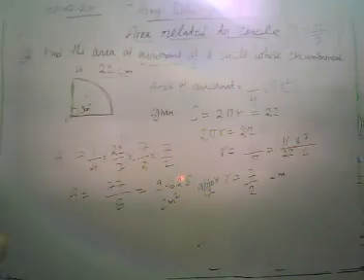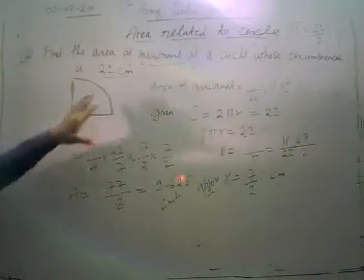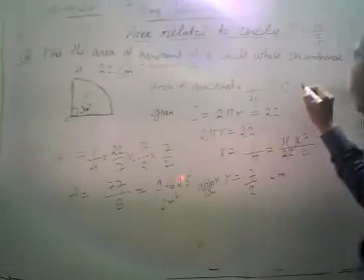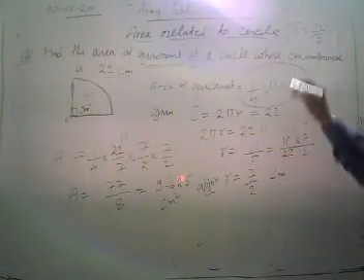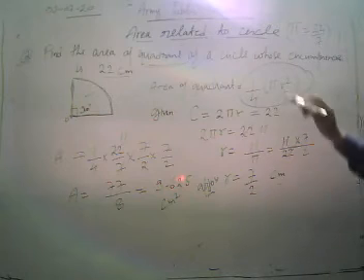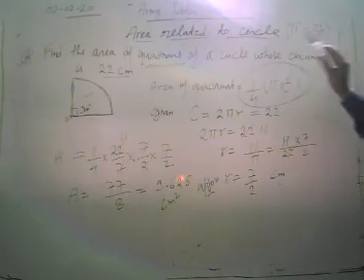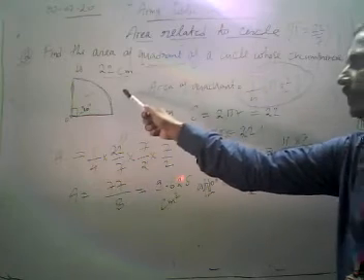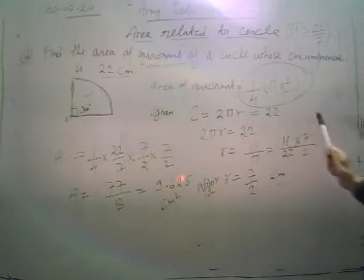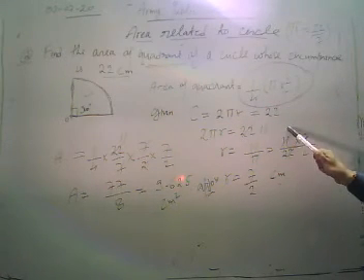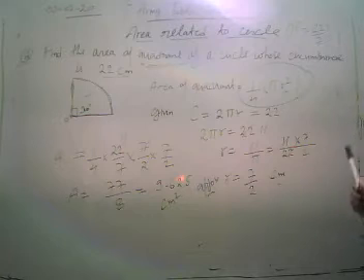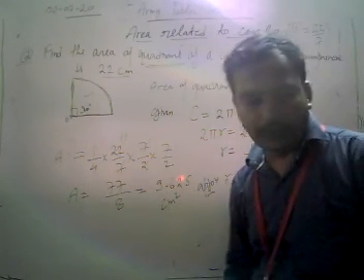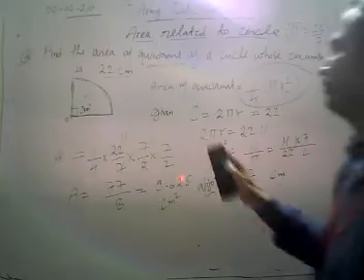To find out the area of a quadrant of a circle, you have to remember the formula 1/4 pi r square. Here it's a little bit complicated because it's not directly giving the value of radius. It's giving the circumference of the circle. From the circumference, we are going to find out the radius of the circle first, and then putting the value of radius, we are able to find out the area of the quadrant. Now we are going to move to our next problem.